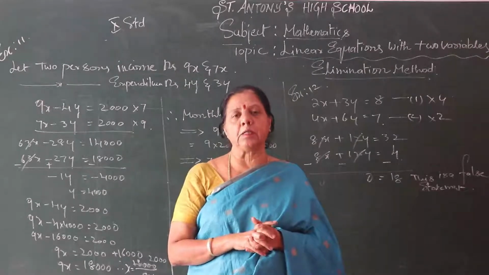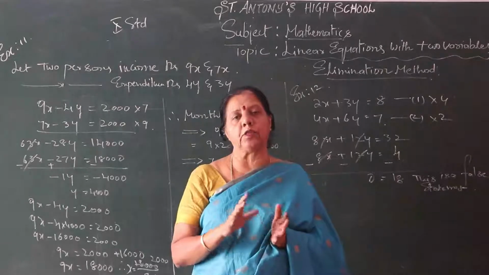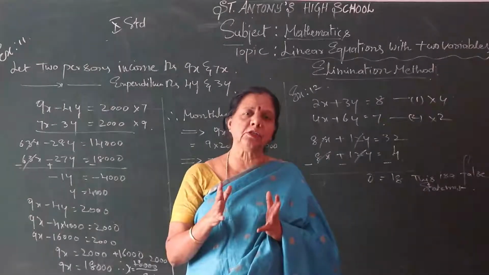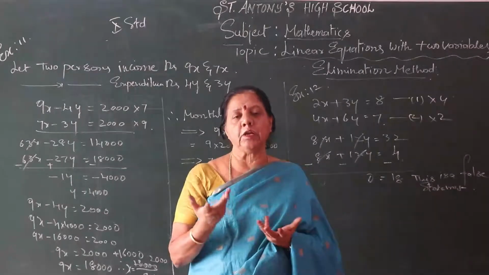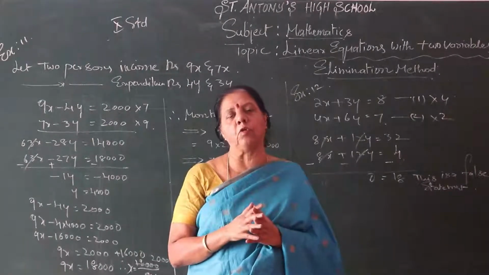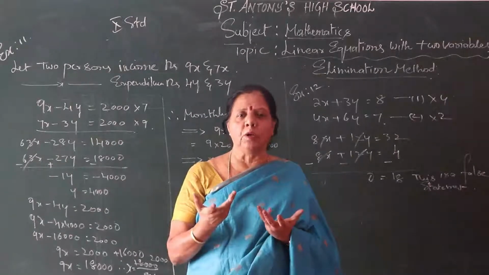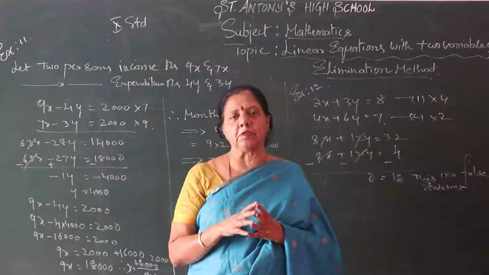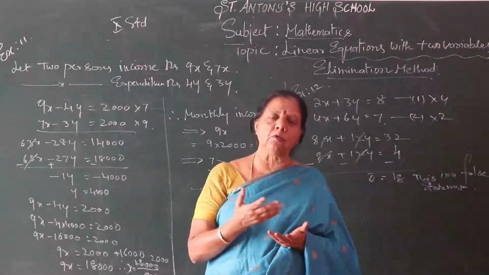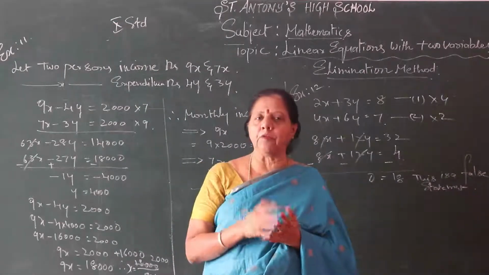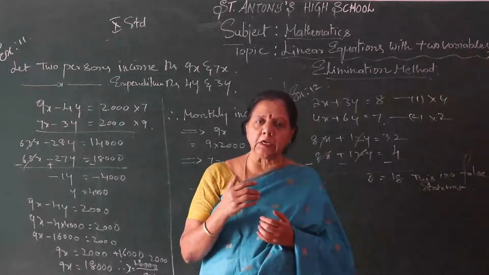So now let us pass on to examples, through example sums only. There is no introduction for the elimination method. The elimination method is nothing but a simplification following a different method. Any method you follow, you get the same solution. There is no difference. Mathematics is mathematics. 2 into 3 also 6, 3 into 2 also 6.